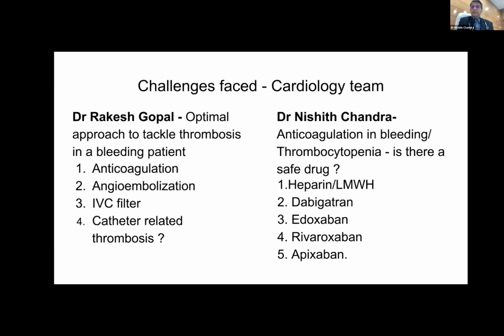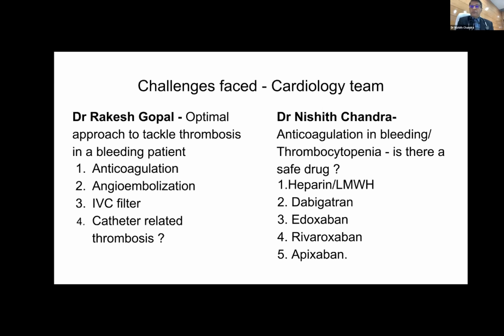Gopal also has alluded to, if the risk of thrombosis is very high and the risk of bleeding is also high, we can't give an anticoagulant, then the best thing is to prevent pulmonary embolism, because DVT does not kill, it's the pulmonary embolism which kills. So we have to prevent the migration of that thrombus up to the lungs by putting a barrier in the form of an IVC filter. And mind you, putting an IVC filter is child's play. It just takes 5 minutes on the table.